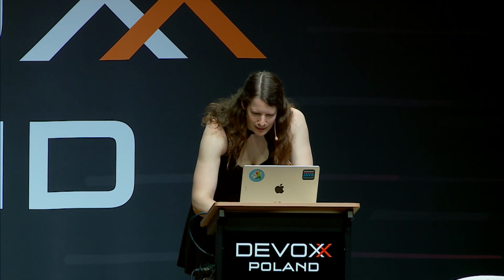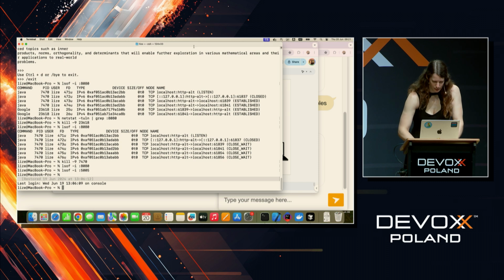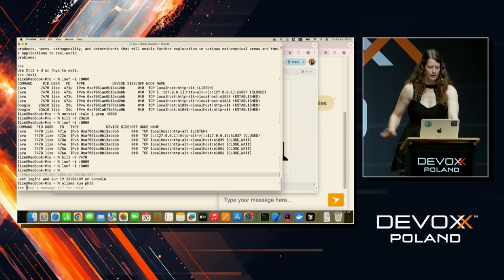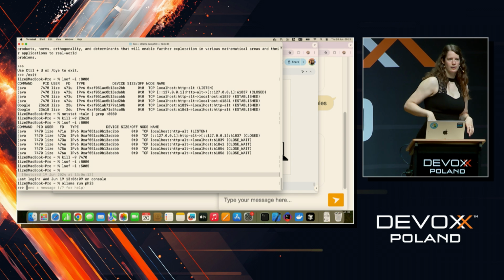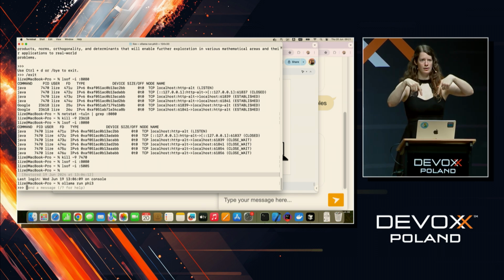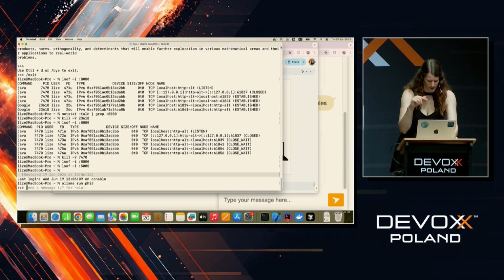Let me actually show you that. I seem to have lost this. Yeah. So what I have running is a tool called Ollama. You can just go download it. And it allows you to download a lot of open source models. So I'm going to run this Phi3 that I was talking about. If you never ran it before, it's going to just download it, 3.5 gigabyte for you. And now we can start using this. And this is running locally. I don't need an internet connection for this.